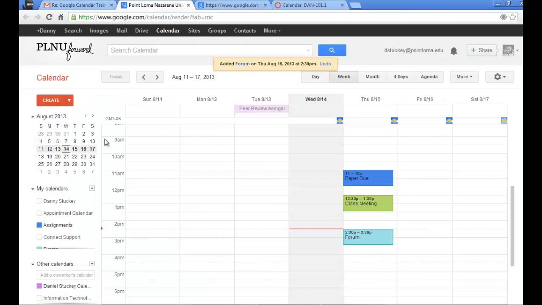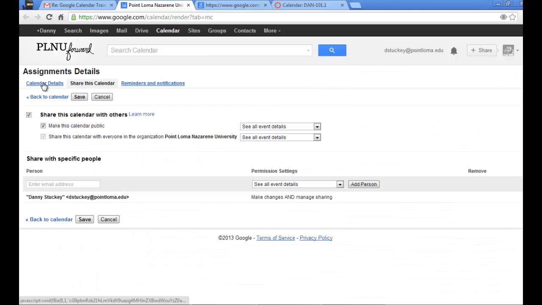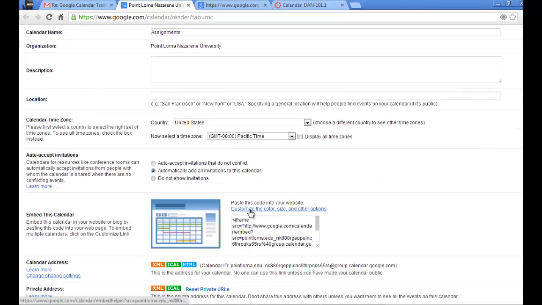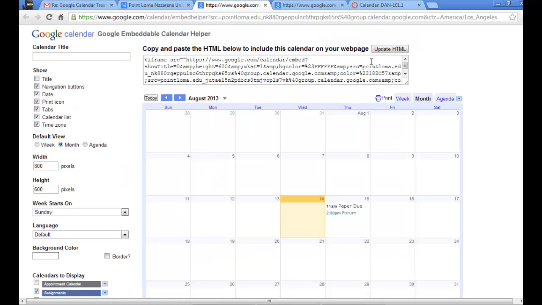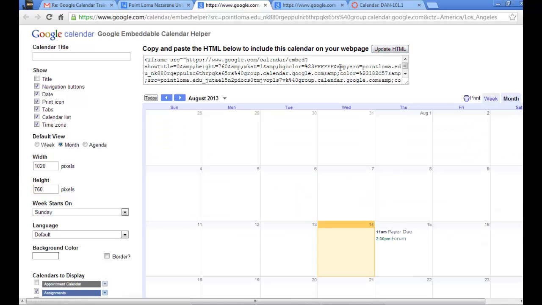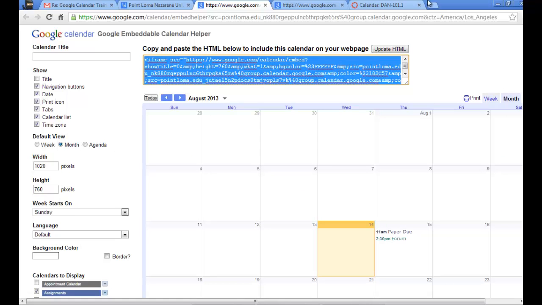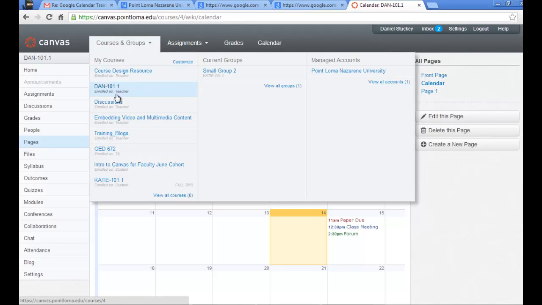Go back to my calendar. I'm going to go back to assignments, and I'm going to share this calendar. And I'll click on calendar details, come down here and customize. And this time I'll choose assignments, I'll choose events, but instead of section 1, I'm going to choose section 2. Now I'm going to remove the title, change my size to 1020 by 760, update HTML, copy all of this HTML, and instead of this course, the Dan 101, I'm going to embed this into the next course,